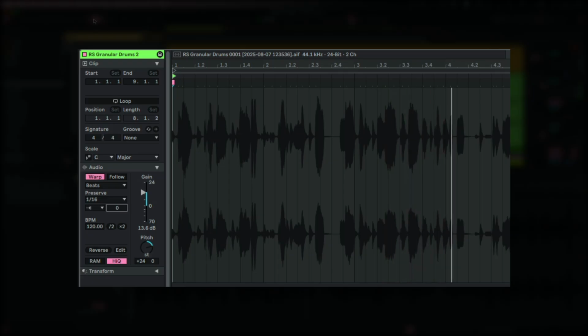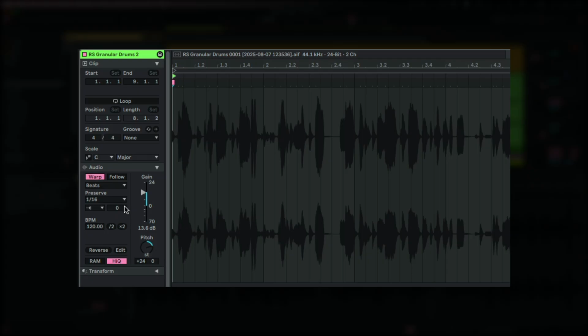And if we turn the click off so we can hear it more. As you can hear, we're now in that sort of glitchy, almost micro drums territory, which is a lot of fun. Now if you don't have access to Ableton Live and this way of working, you can use something like